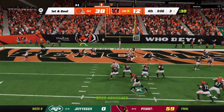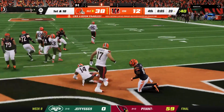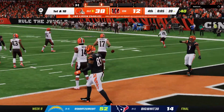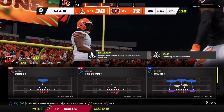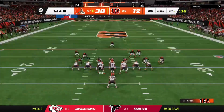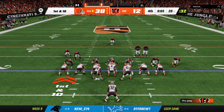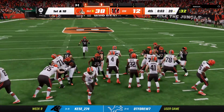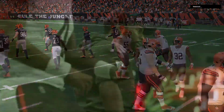Burrow will throw. And this is going to be intercepted. T.J. Green with a pick. And the Browns are going to take possession here. It's a touchback, and they'll take over at the 20-yard line. Down to a knee goes Watson, and that should just about do it for this ball game. So Cleveland